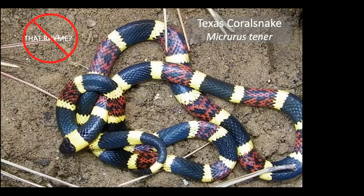So here's our coral snake. This is the Texas coral snake. You can see there's red and black and yellow bands. But up in the corner, you see that rhyme. I'm going to encourage you to leave that rhyme alone. Don't do it. Because the red and yellow kill a fella, or red and black, red on black, poison black,